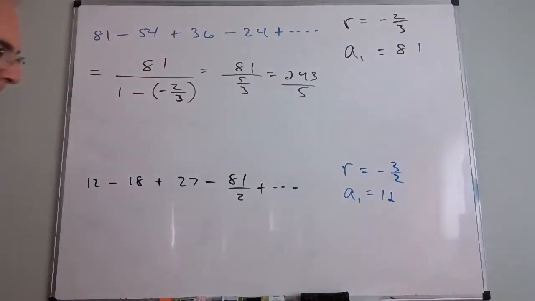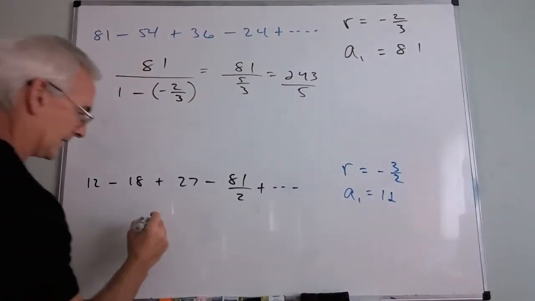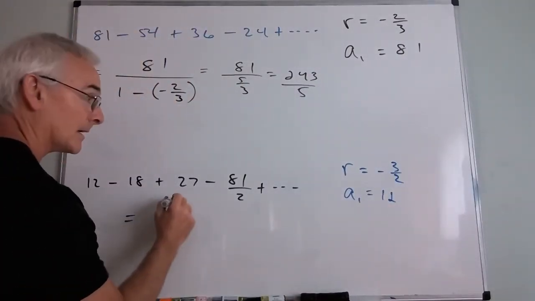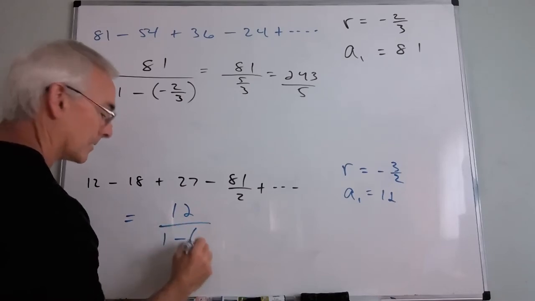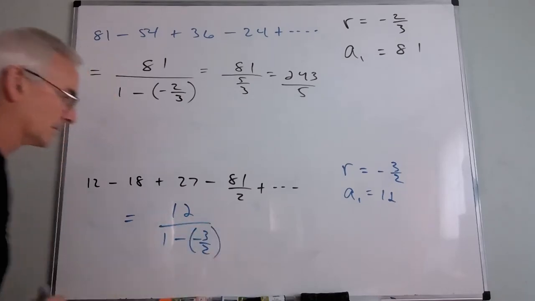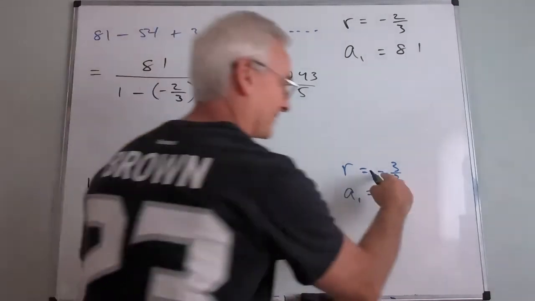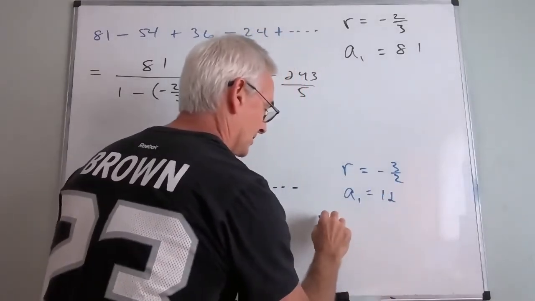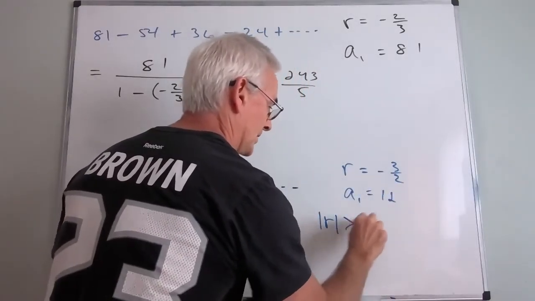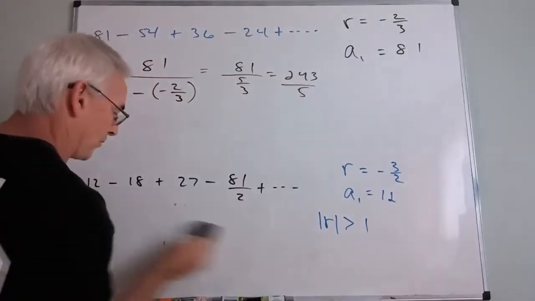Okay. So is this correct? Not at all. Why not? Because your rate is greater than 1, greater than the absolute value of 1. So my absolute value of R is greater than 1. Therefore,